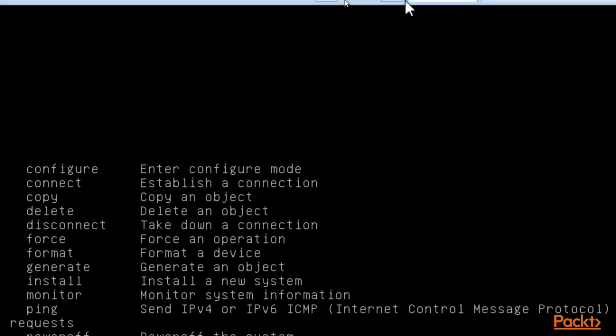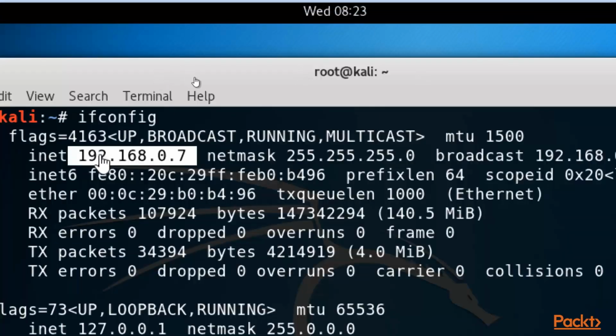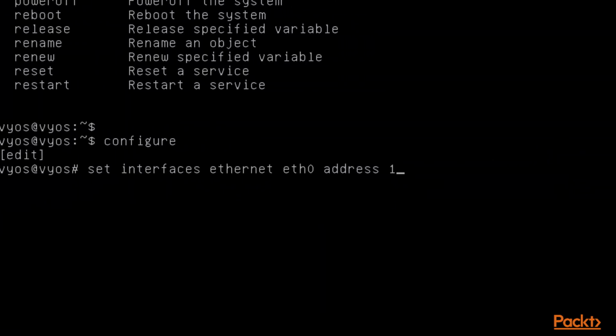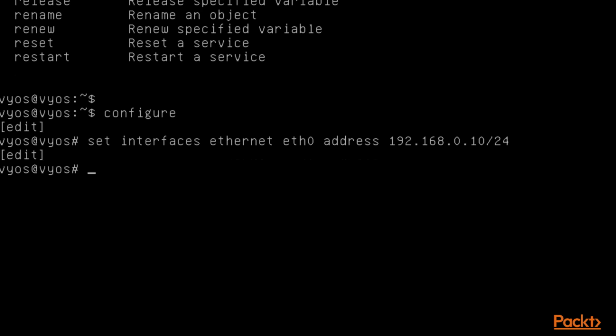You can see inside Kali the IP address is 192.168.0.7, so I can provide the IP address here as 192.168.0.5/24. Or you can provide any other, 5, 6, 7, 8, 10, it doesn't matter. For example, you can try 10 here. Set interfaces ethernet eth0 address, and then your IP address /24. So I'm assigning an IP address here and hit enter.